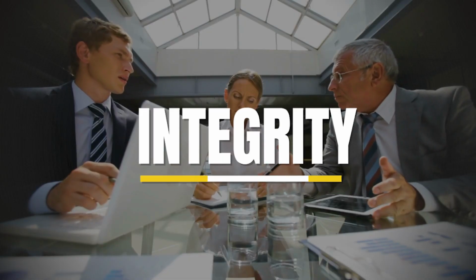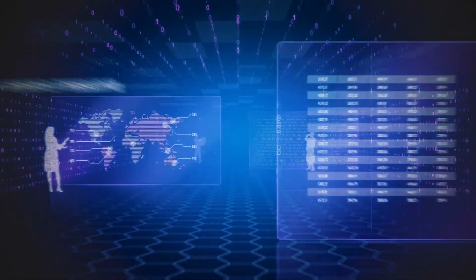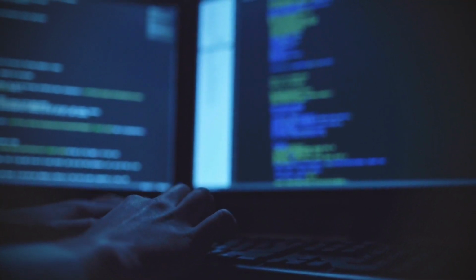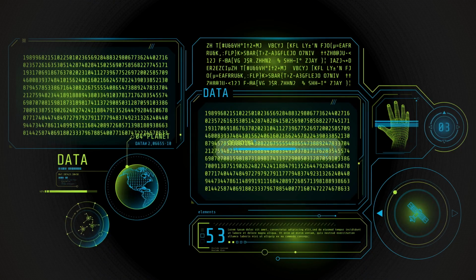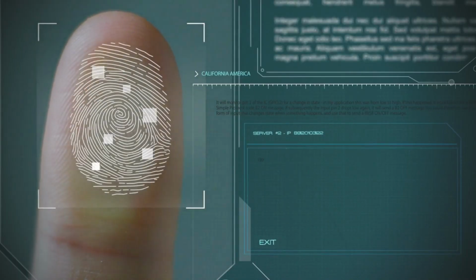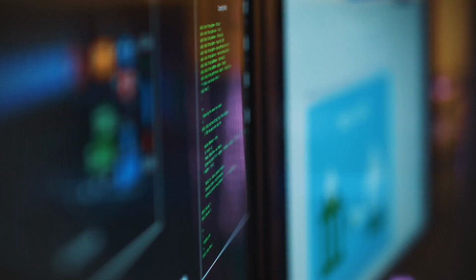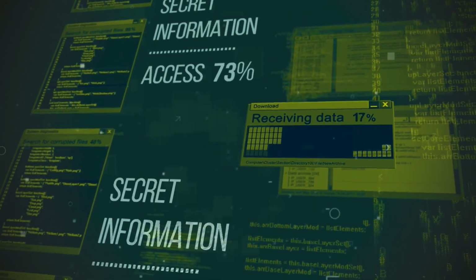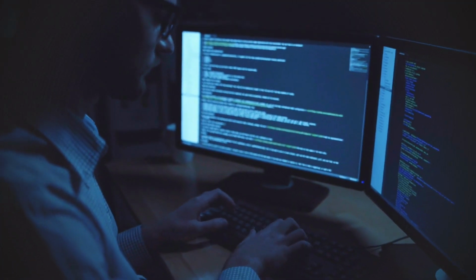Number 2. Integrity. Maintaining data accuracy and dependability is a necessary part of integrity. This principle ensures that information remains unaltered during storage, transmission, or processing. Mechanisms like checksums, a form of data verification, and digital signatures, which confirm the origin and integrity of data, help detect and prevent unauthorized changes. Integrity protects against data corruption and tampering, ensuring that the information remains trustworthy and accurate.